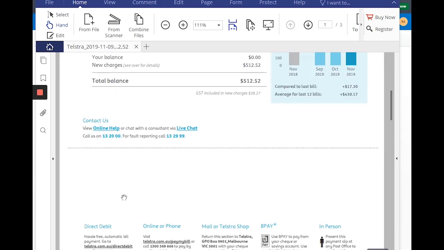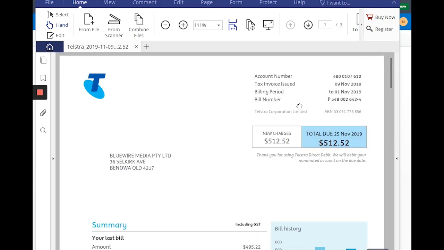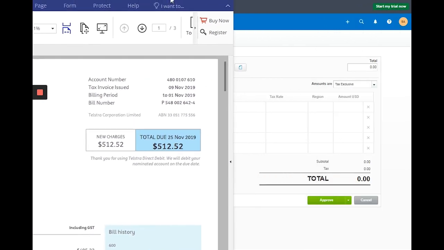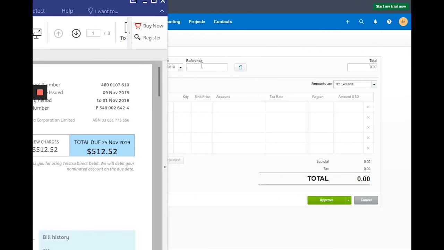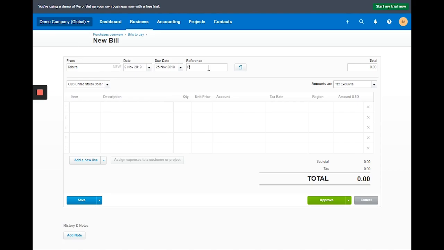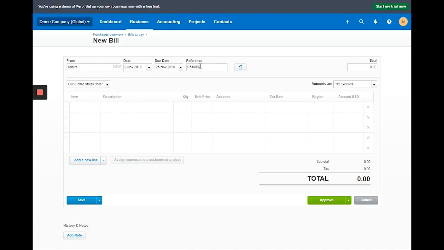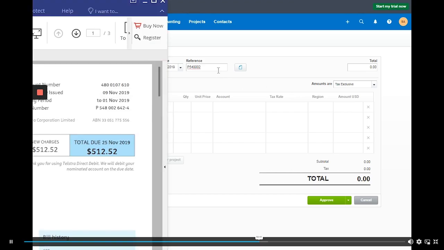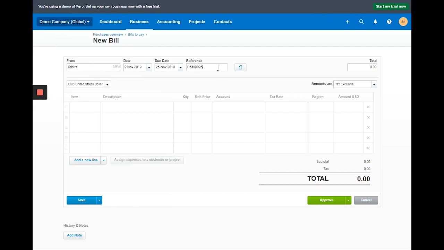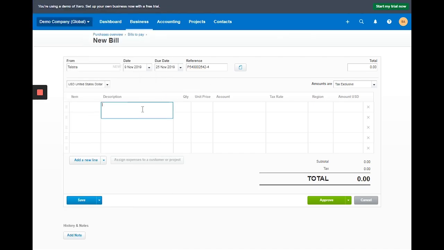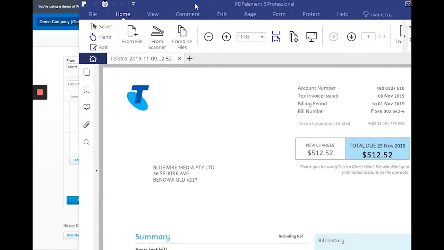So let's look for the invoice number here. Okay, the bill number. There you go. P548 002 43. Okay. And then the description is,